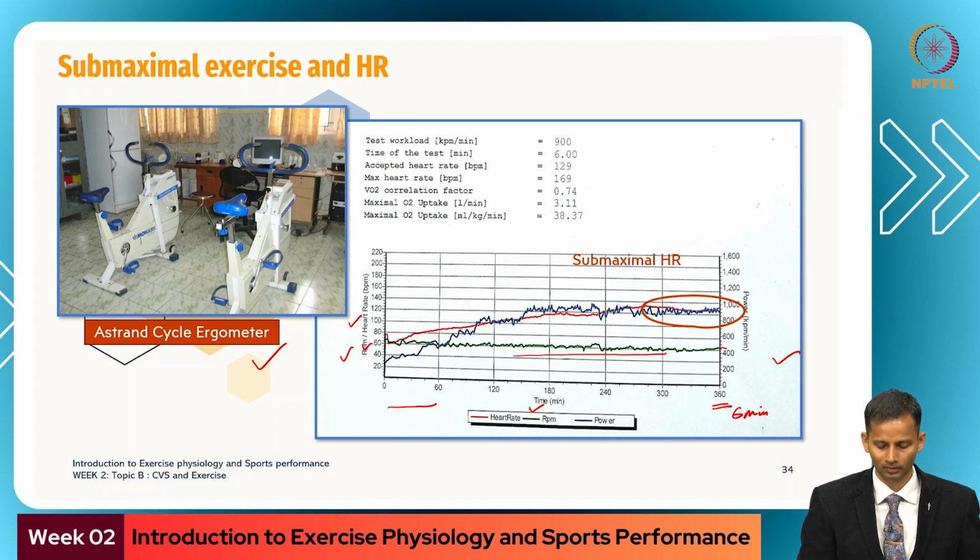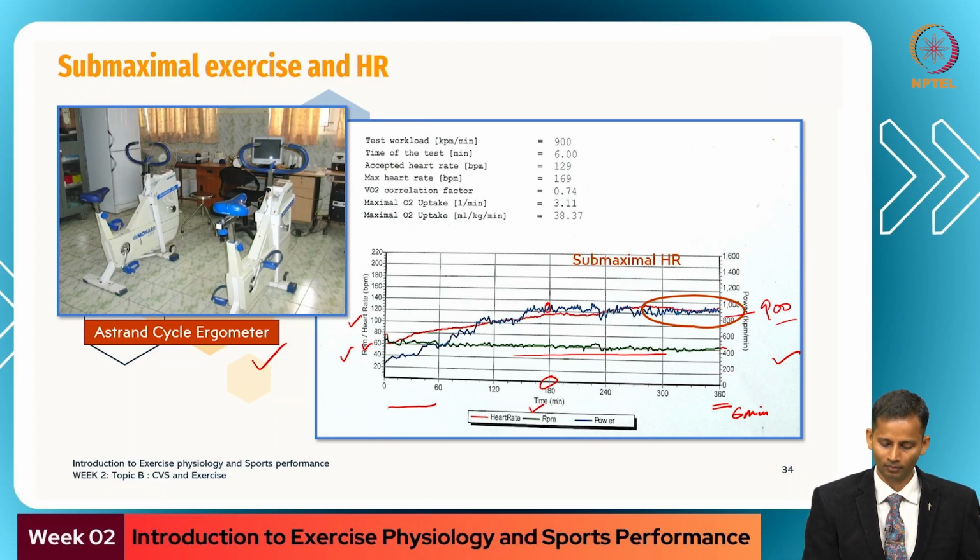See this green part, the individual was asked to maintain 60 revolutions per minute. That's what the pedaling rate is, and during that time gradually the power was increased until a period of 3 minutes. The first 3 minutes you gradually increase the power or the weight in the cycle. So gradually the resistance was increased, and after this point, say when the individual reached 900, it was not increased